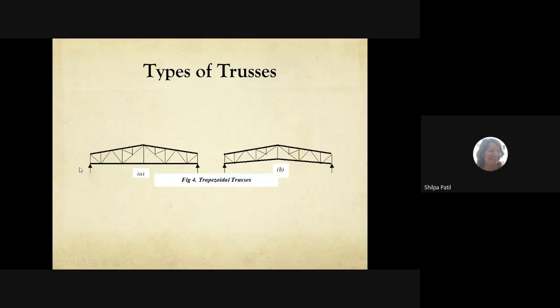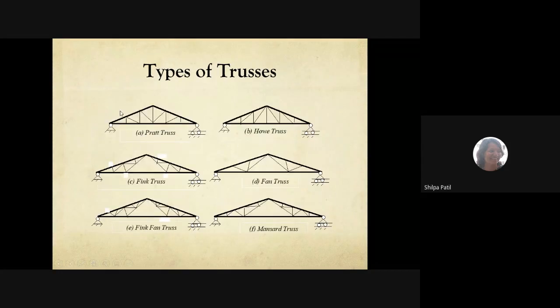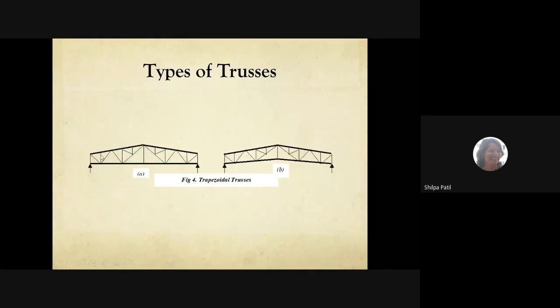This is another type of truss, the trapezoidal truss, having a trapezoid-like shape, and the principal rafter and tie members are not connected to each other directly. In case of the parallel chord also, these are not connected directly, but in case of triangular, they are directly connected. Trapezoidal truss is like a triangular, but the members are not connected to each other directly. At a certain distance they are located there. That's why it is making the shape of a trapezoid.